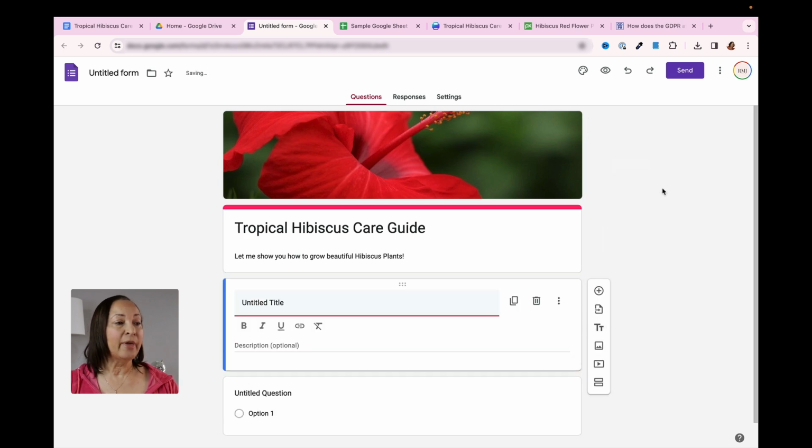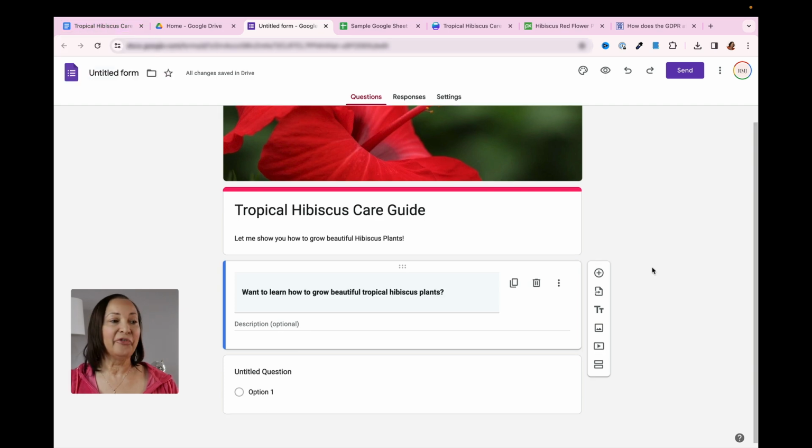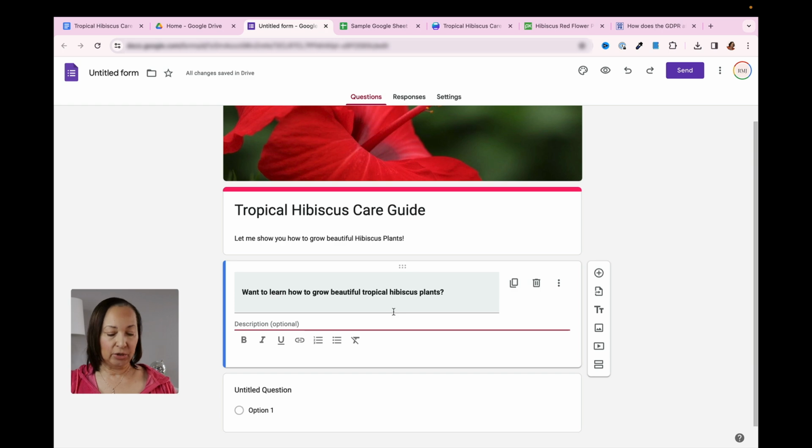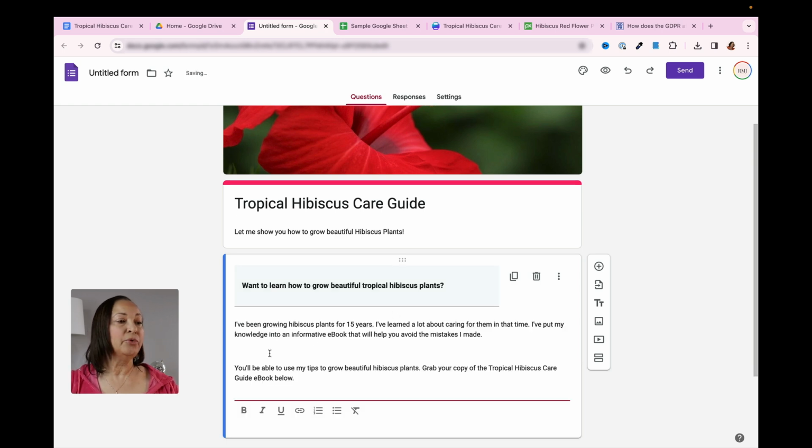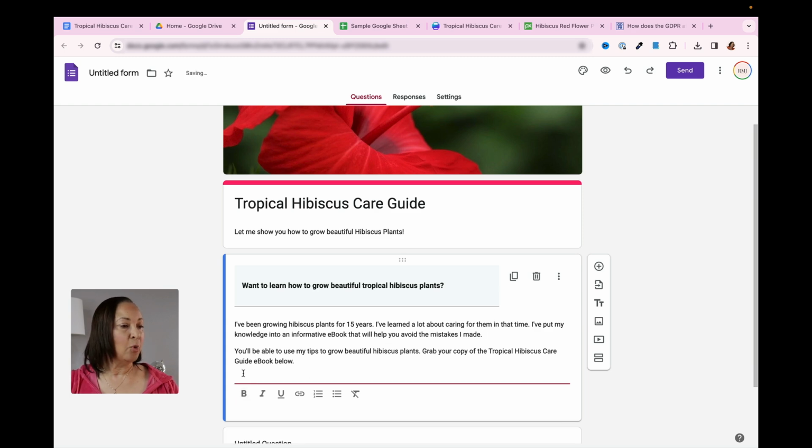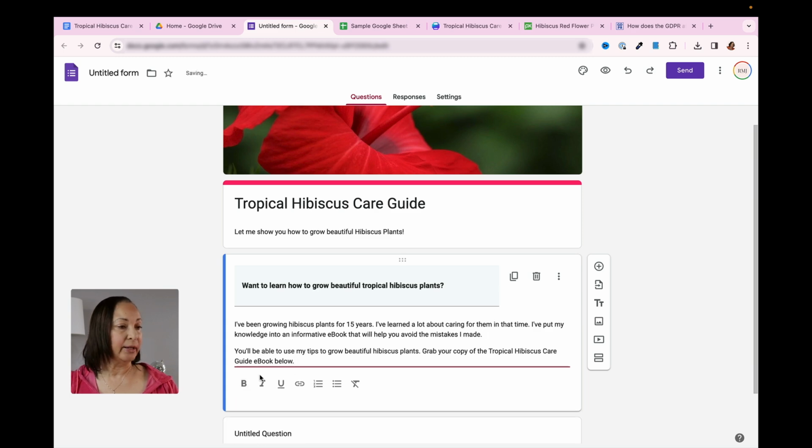So once I do that, what I'm essentially going to do now is just copy in some text that will allow people to read a little bit more about our digital product. Okay, so the first thing I've done is just added in a little bit of text there. Now what I want to do is put in a little bit more, so again, people will know what it is they're going to be purchasing and a little bit more about what to expect. So I've copied that in, and as you saw, you may have to do a little bit of formatting.